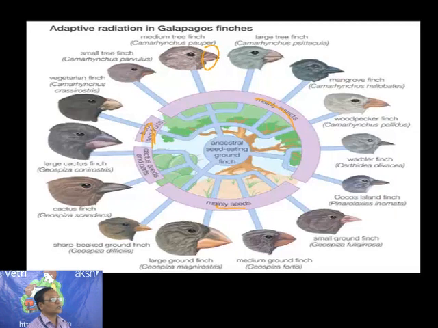The second modification also took place in the color, because in the Galapagos Islands the background is not uniform. The background is different. So according to the nature of the background, they have modified their feather colors also. From a single species, we are talking not only about the beak, but also the feather color, which has been modified according to the background. You could see the color of the different heads of these birds. So anyway, Darwin's finches in the Galapagos Islands are an example of adaptive radiation.